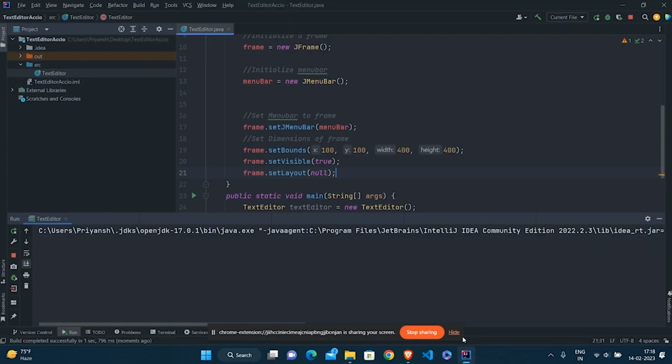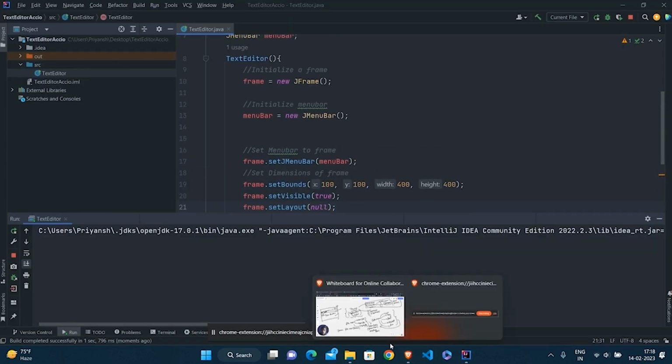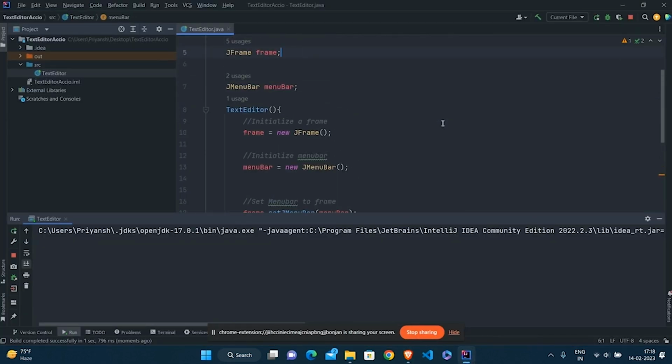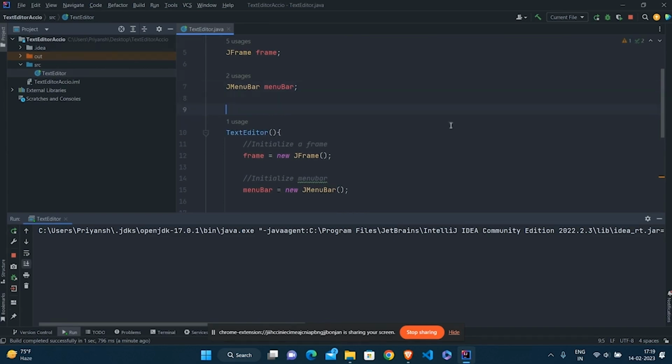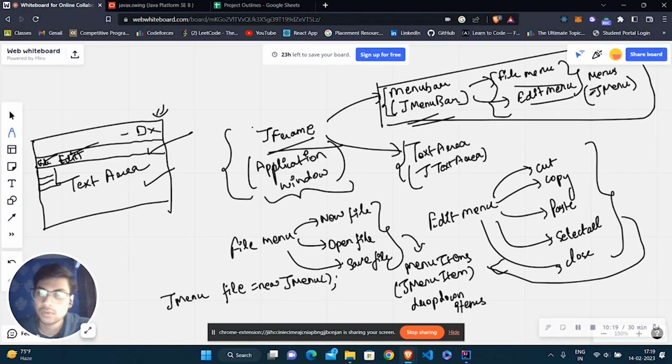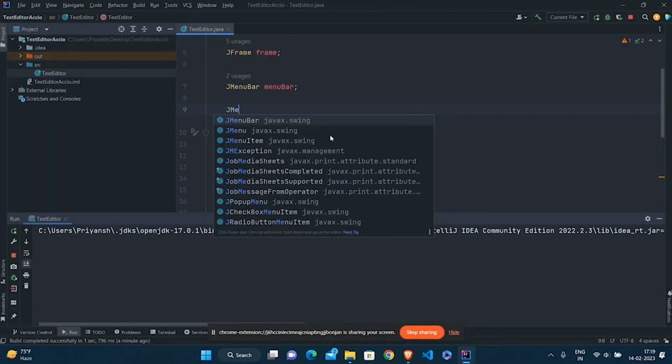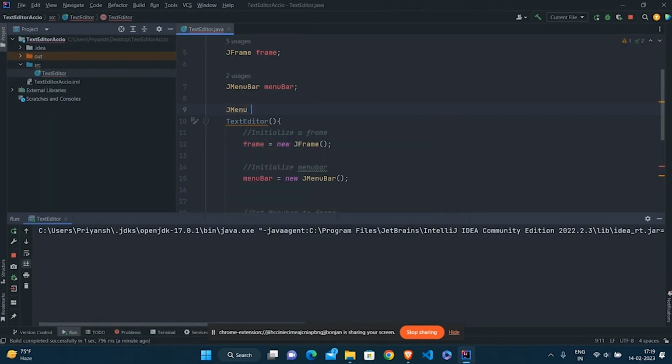So what we need to do is initialize the menus. And how are we going to initialize the menu? Like I told you, I need to use this JMenu class. So JMenu, the first one is going to be the file menu, and the second one is going to be the edit menu.